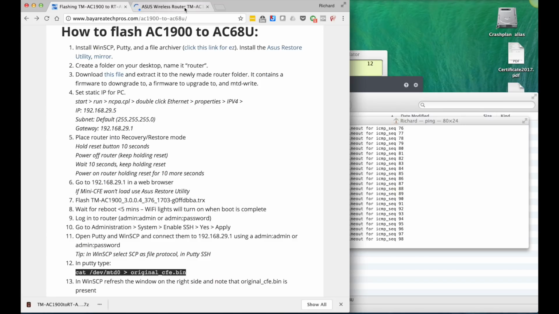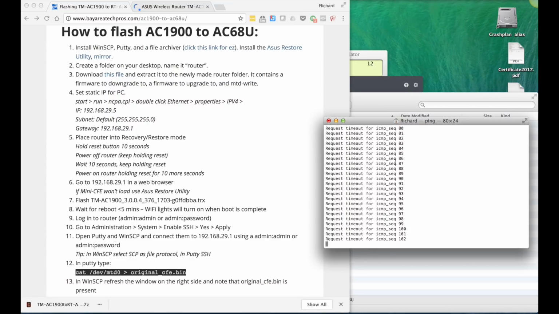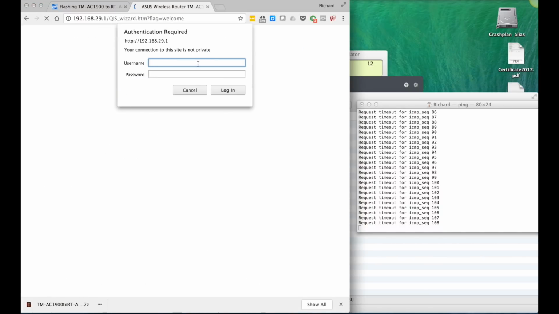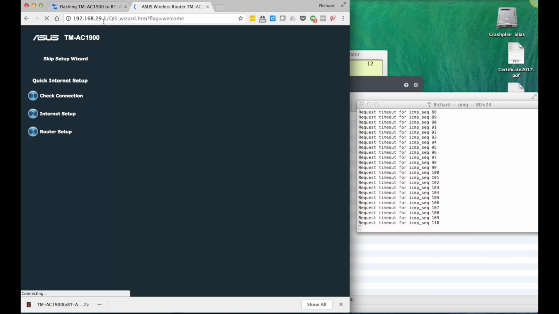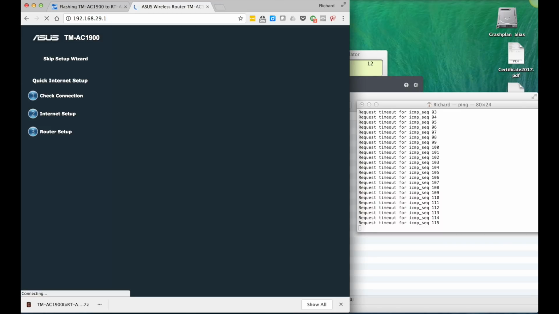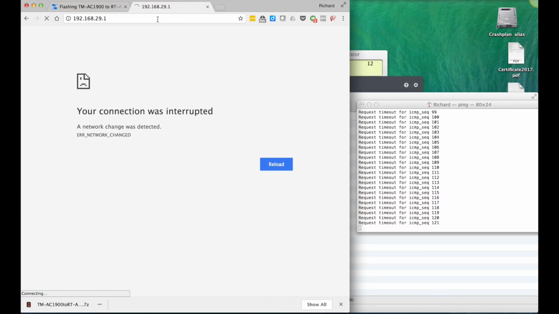And then you power it on again while holding the reset button for 10 seconds. And you see, I got nothing so far. But we don't have the ping yet. Well, being that I did record this myself, I do know how it ends, and